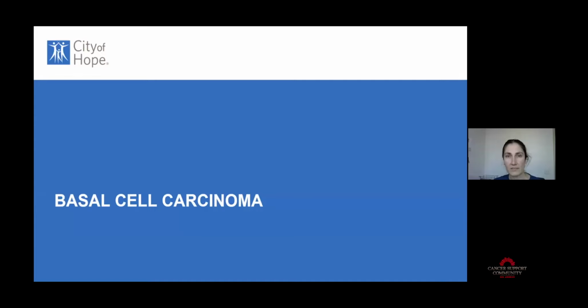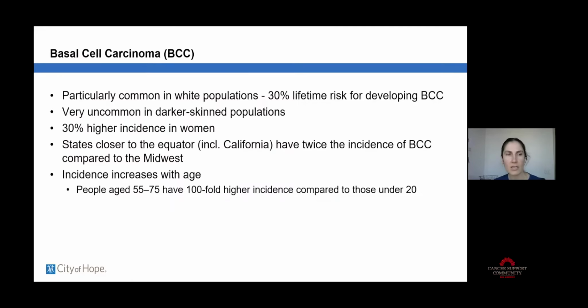So we'll start with basal cell carcinoma. This is typically a skin cancer that's very common in white populations, very uncommon in darker skinned people, and has a higher incidence in women as well. In places that are closer to the equator, including California, there's more incidence of basal cell carcinomas just from that UV exposure compared to other places like the Midwest. And the incidence increases with age, kind of that cumulative sun exposure over time. So people that are between the ages of 55 and 75 have 100-fold higher incidence compared to those who are